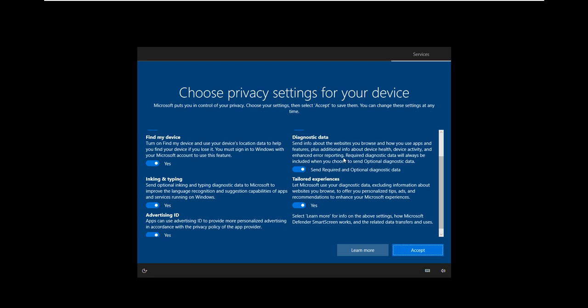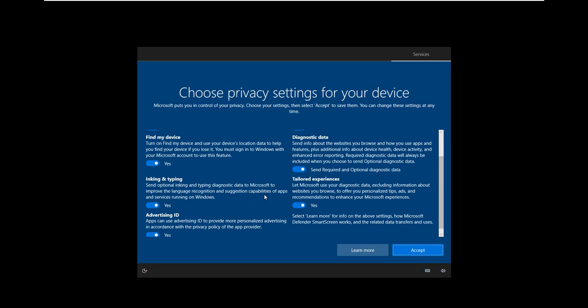Then inking and typing. Whatever you design with a pen, using the inking with that pen device, or anything you type, will be sent to Microsoft services. That means data will be sent to Microsoft to improve language recognition and suggestion capabilities.